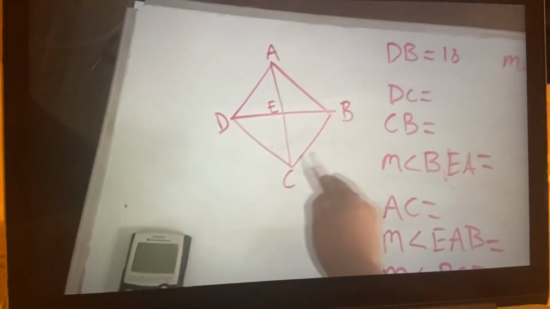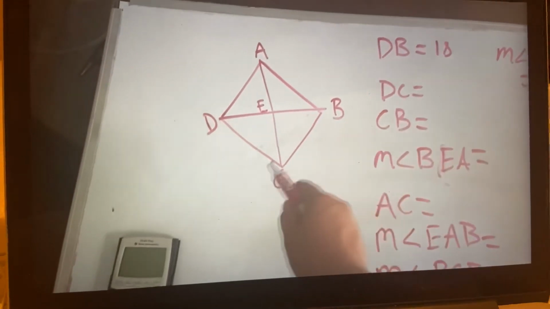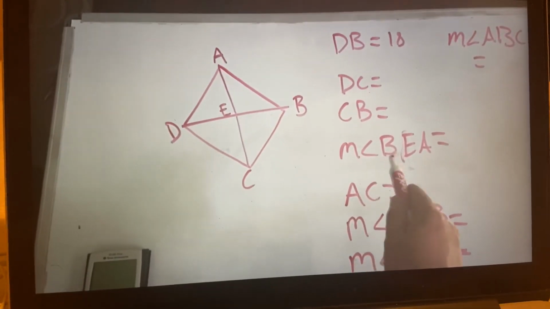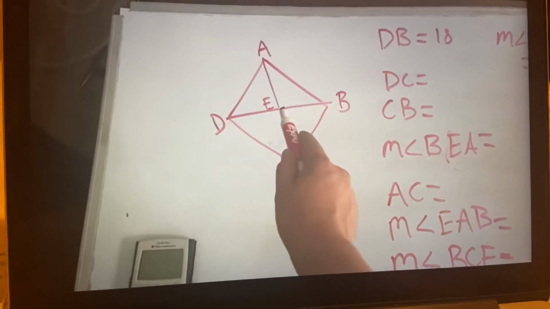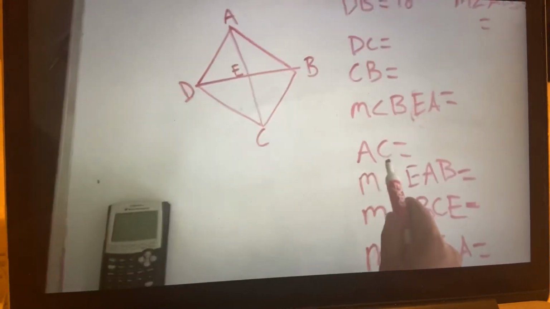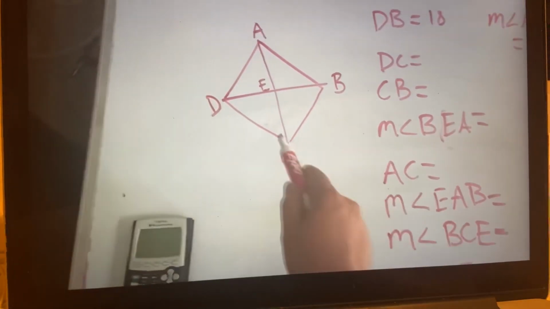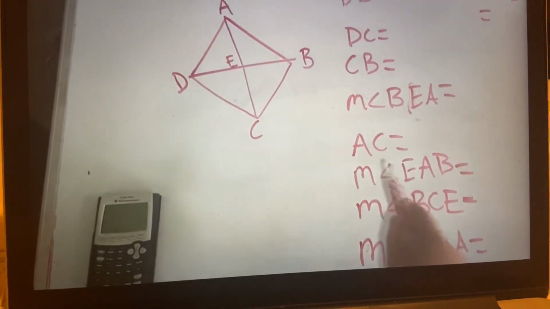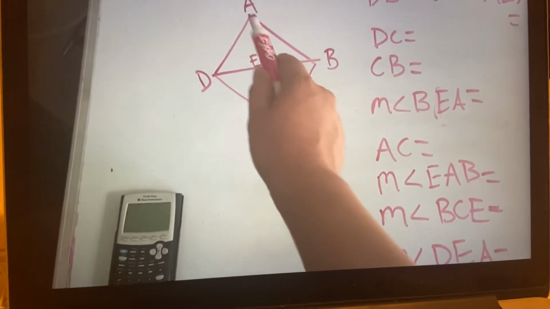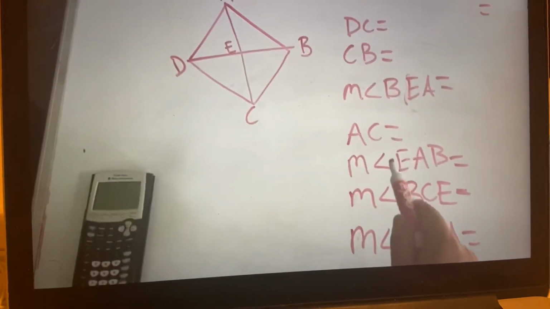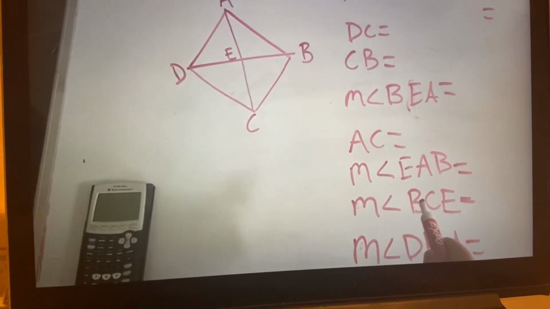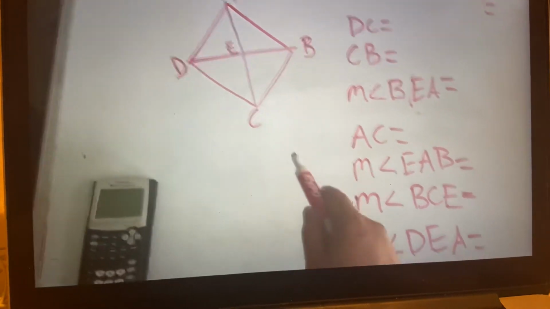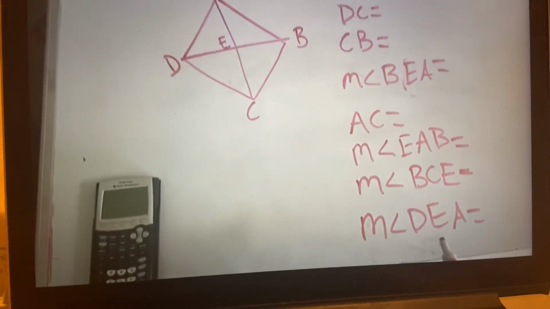We have to find side length DC, located right here, CB, located right there, measure of angle BEA, which is that right there, side length AC, which is that diagonal right there, measure of angle EAB, which is right here, measure of angle BCE, which is right there,